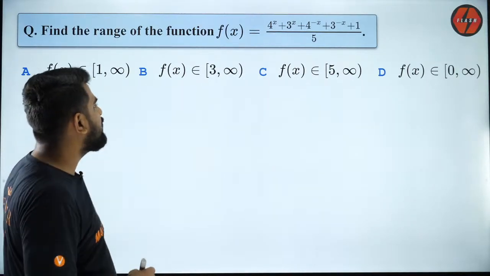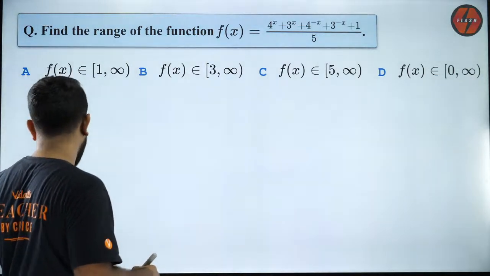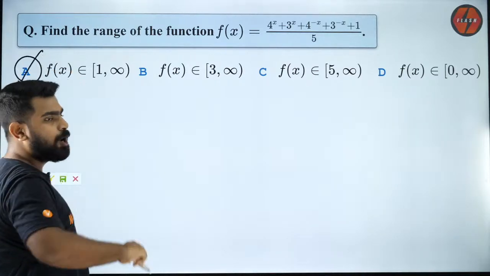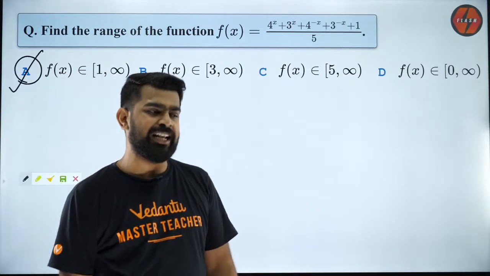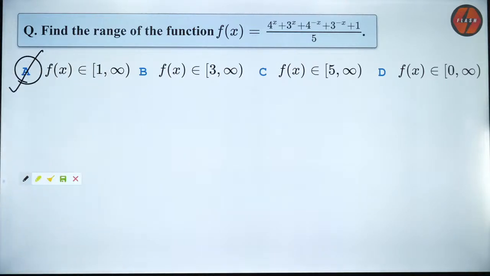Saurabh, no problem. This is the second question. Try to solve it. Guys, you are so fast, man. You guys are super amazing. All of you are right because the correct answer is option A. So let's try to solve this question. And you know what? I'm going to teach you a very cool method. You will be super surprised.